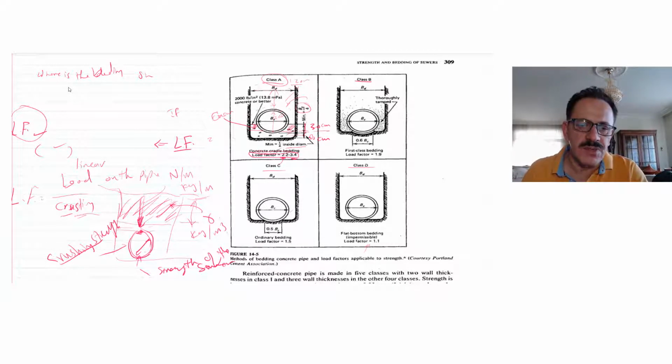We should strengthen the sewer itself. So how do we strengthen the capacity of the sewer? We will put concrete here and somewhere else. And for this kind of load factor, which is 1.1, it means exactly that the load on this sewer will become equal to the crushing strength. Then we may use the normal bedding, which is like this.